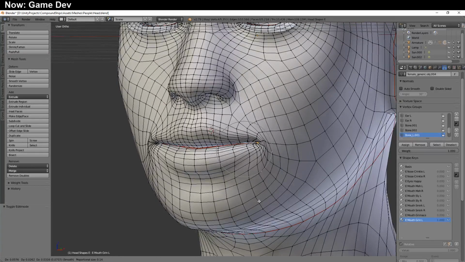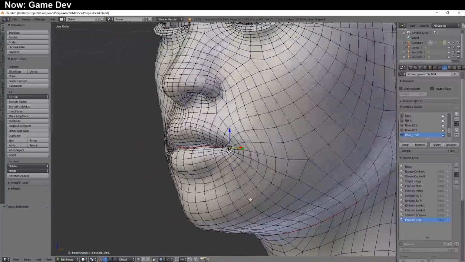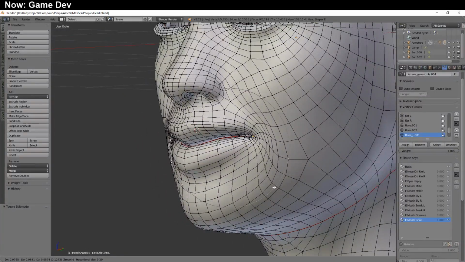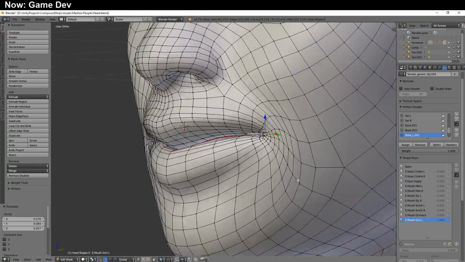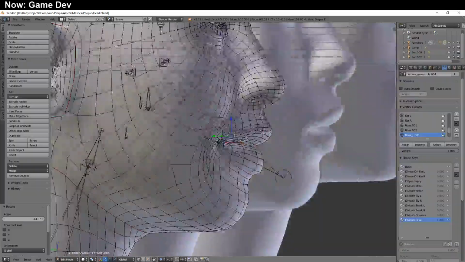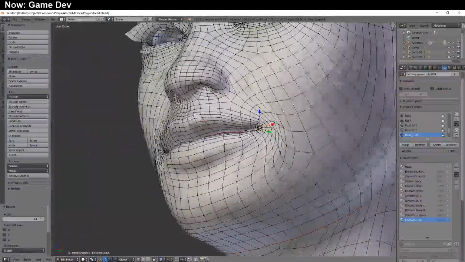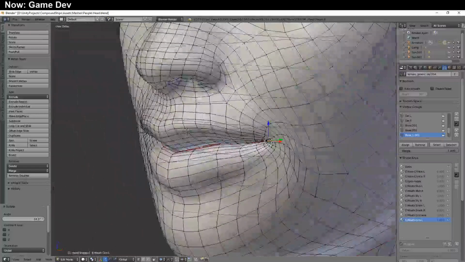So we're going to go ahead and do something like this. Yeah, that's about right. And then we can do a rotate to pull it into alignment here, like that. So that is a grin with no lip opening and with lips that don't properly